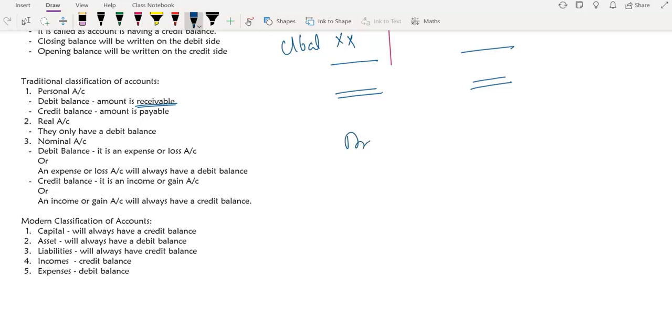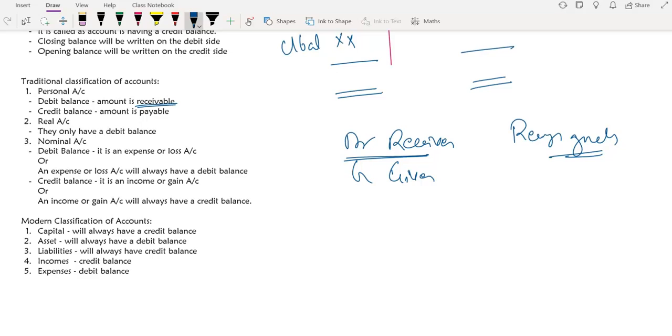What was our rule? Our rule was debit the receiver and credit the giver. All right. So when we are selling the goods to a debtor, we are debiting the person because the debtor is receiving the goods. Is that right? So if the debtor is receiving the goods and we are writing debit the receiver, naturally what will happen? Obviously, if I am selling the goods today to the debtor, I am going to receive that money in future.